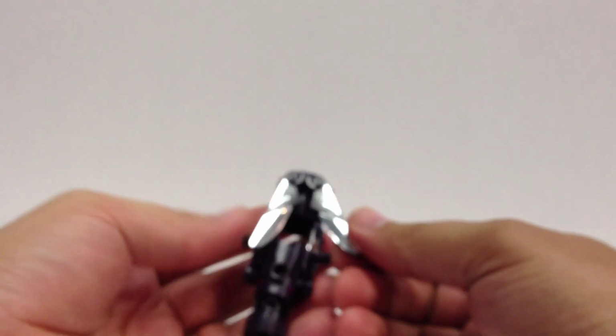and peg them together this way to get a longer cannon. Now what I like to do, as you saw earlier in the video, is the blade, I don't really use the blade that much, so I just flip these around. It doesn't affect his transformation into robot mode. Just swap sides on these, and that lets them, instead of having these points come together, fold up flush and kind of fill in. You can see there's a gap there. Cover that up. And now you have a much longer cannon,